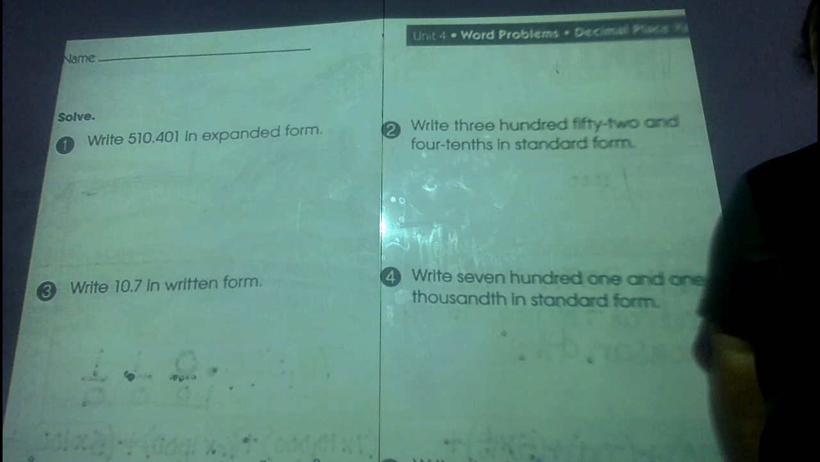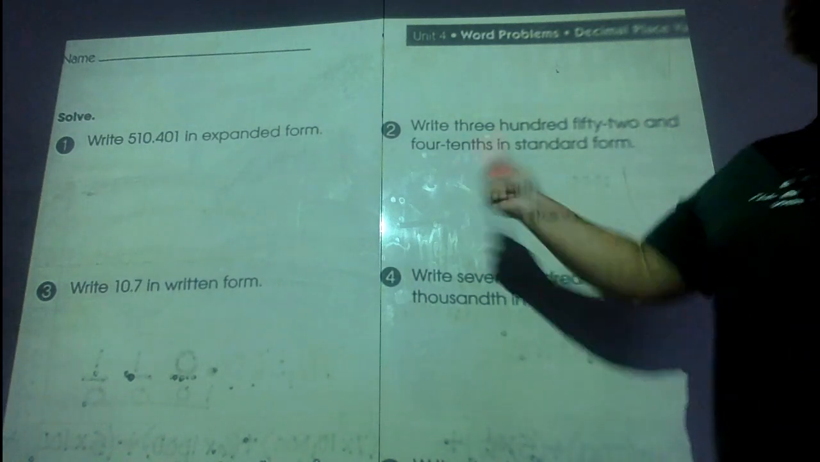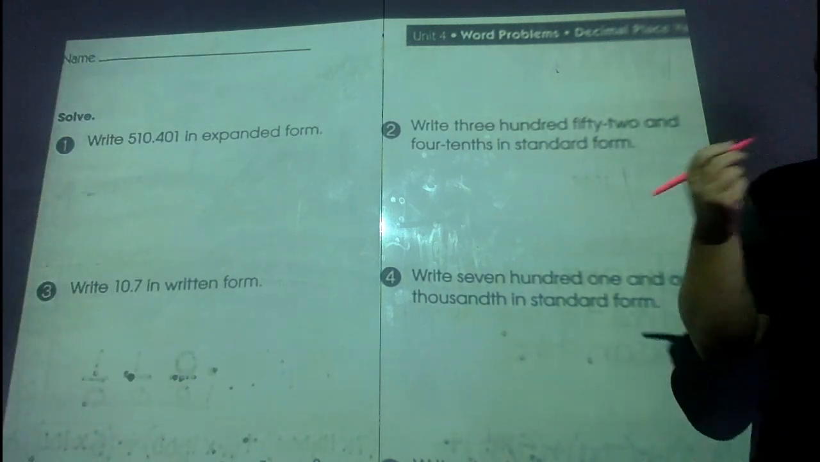Today when we work on our place value, when we write numbers in expanded form, we are going to write them in the fractional part. I know some days we write them in fractions, some days we write them in decimals, but today we're going to work with the fractional form. So if you'll look at number 1 with me, if we're going to write this number in expanded form, let's go ahead and look. We have 510 and 401, let's use our strategy,